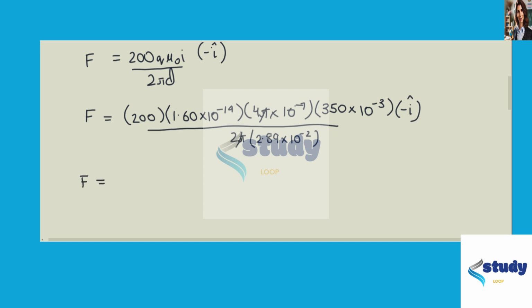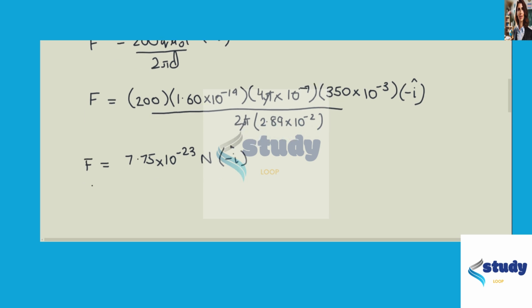And this turns out to be 7.75 times 10 to the negative 23 newtons in the negative i hat direction, or if you prefer the notation where the magnitude is negative, you can write it as 7.75 times 10 to the negative 23 newtons in the i hat direction. And these are our